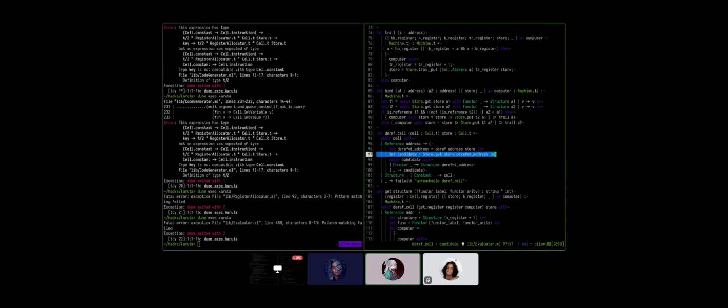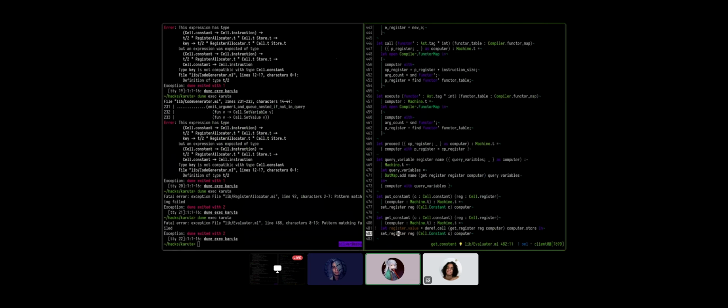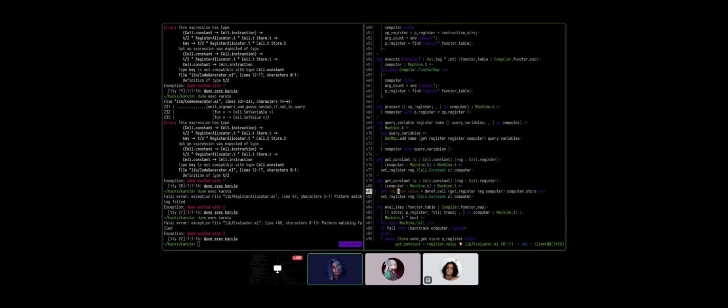we have to do a lookup, but then we need to check if the thing is a functor, which means we need to change it to a structure. Otherwise, we return the thing. Yeah, this was bothersome. But okay, this is different semantics anyway. Okay, so do a pattern match on the result of that thing. Go back to the get constant, I guess. If it's a reference, we need to bind it. If it's a constant and they are different, we fail. Otherwise, we fail. Yeah, this is pretty easy to put in the code.